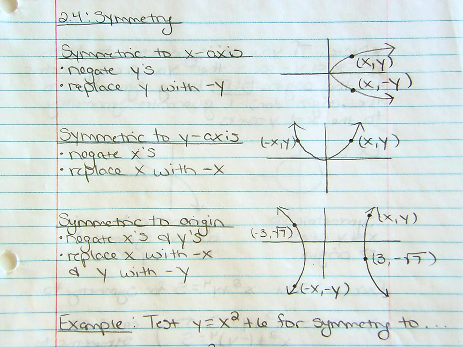And then the last one is being symmetric to the origin. That's where you're going to negate both your x's and your y's. So you would do both of those things. You would replace the x with negative x, you would replace the y with negative y, and see if we get out the exact same equation at the end. This is where you would fold your paper diagonally, and it would lay on top of itself, theoretically. I've been told my picture is not that great, but